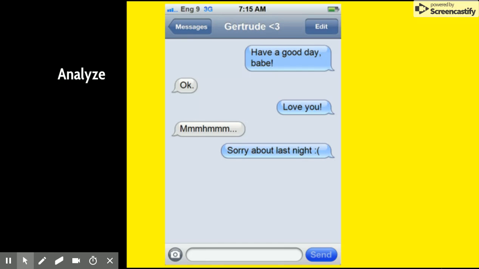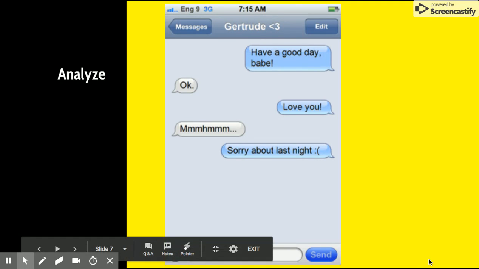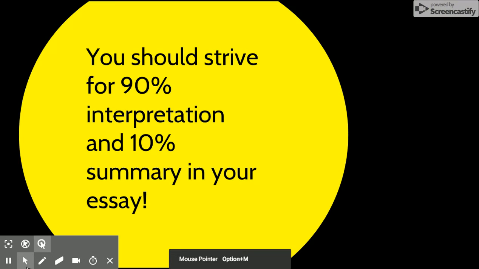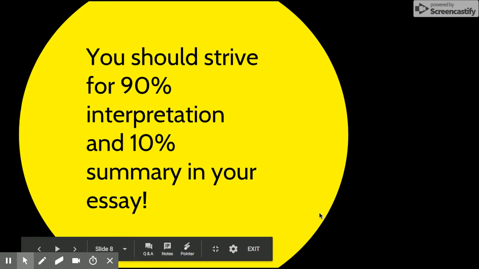So who are the people involved? What are their feelings towards each other? What's their relationship to each other? What's going on? Remember, you have to be able to back it up with evidence, so you can't make any kinds of wild claims about what happened, but you can make some general assumptions based on the information that we are given. So pause the video again and write your analysis in your notebook. So all of this information that you're getting today is really important when it comes to writing a paper, because